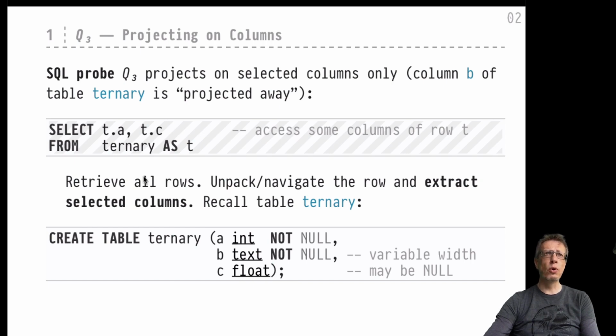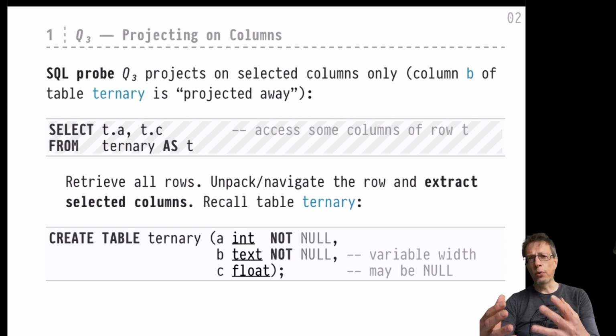So retrieve all rows, but we have to navigate inside the row T to extract only the fields A and C